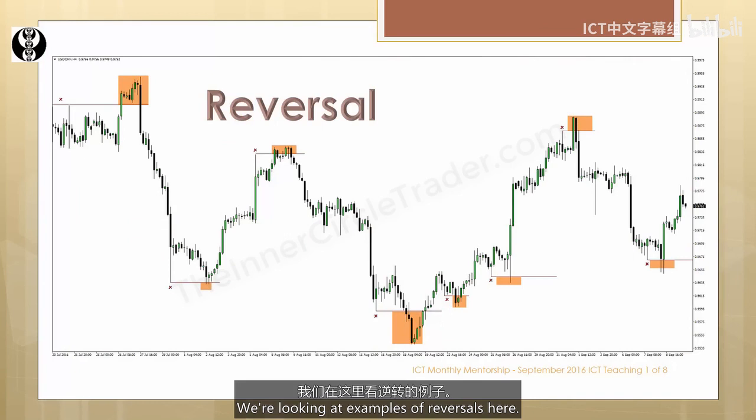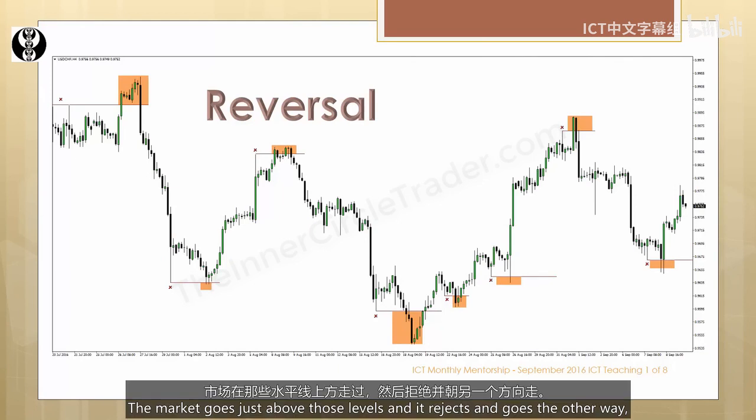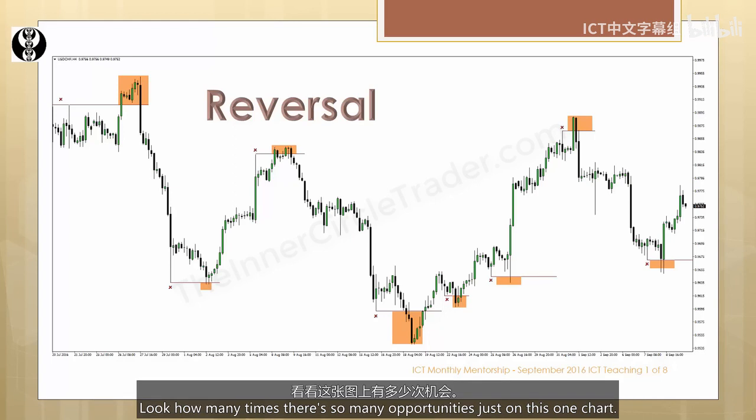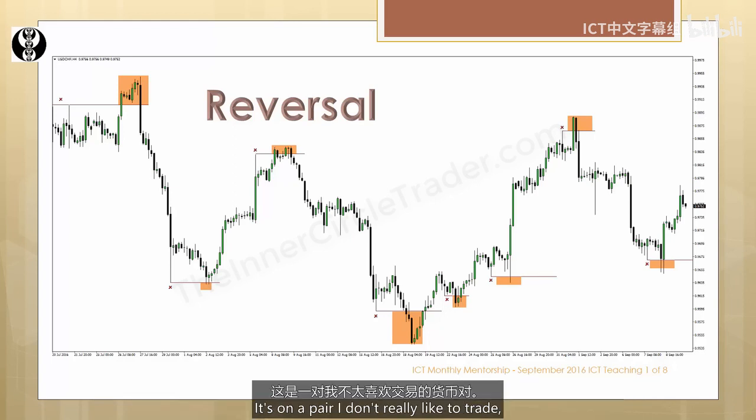Okay, and we're looking at examples of reversals here. Every X indicates where stops would be, and the market goes just above those levels and it rejects and goes the other way, or it goes just below those levels where there's an X and rejects and goes the other way. Look how many times there's so many opportunities just on this one chart,